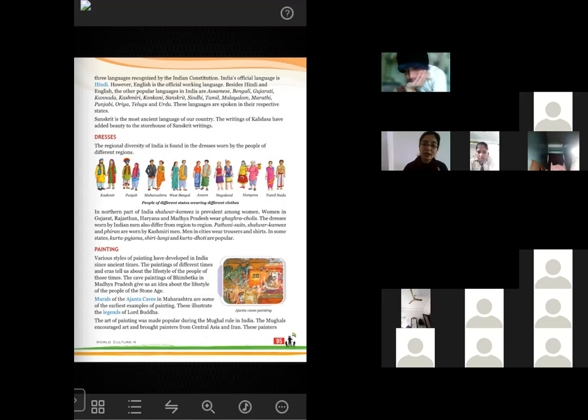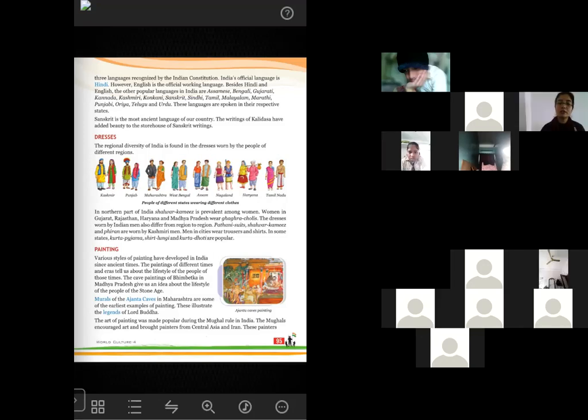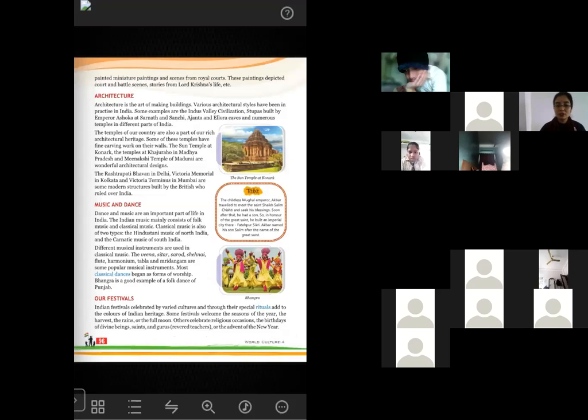The Mughals encouraged art and brought painters from Central Asia and Iran. So the Mughals brought many painters from Central Asia and Iran and told them to paint many different things. What are the different things that the painters painted, and what can we know from those paintings? So the painters